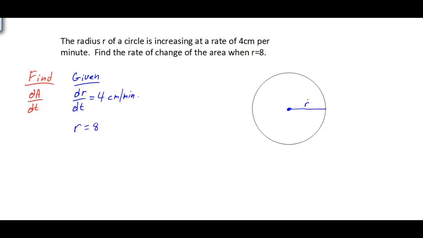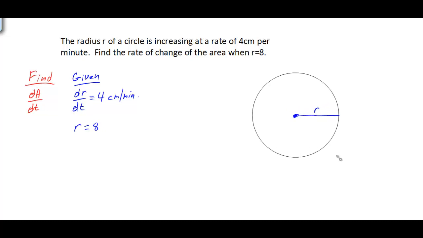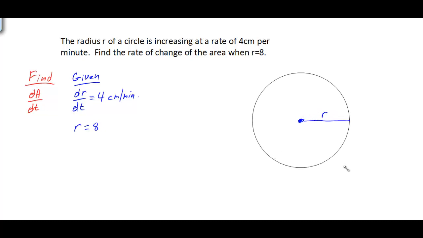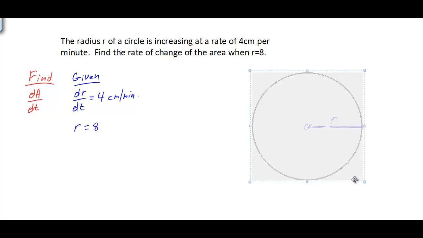So over here, for example, we have our circle with the radius, and what we're trying to calculate is, for example, as the radius is increasing, so if we start out, here's our circle, and as this radius increases, notice it's getting bigger, the area is also getting bigger, and we want to know, let's say at this point when we stop, when r is equal to